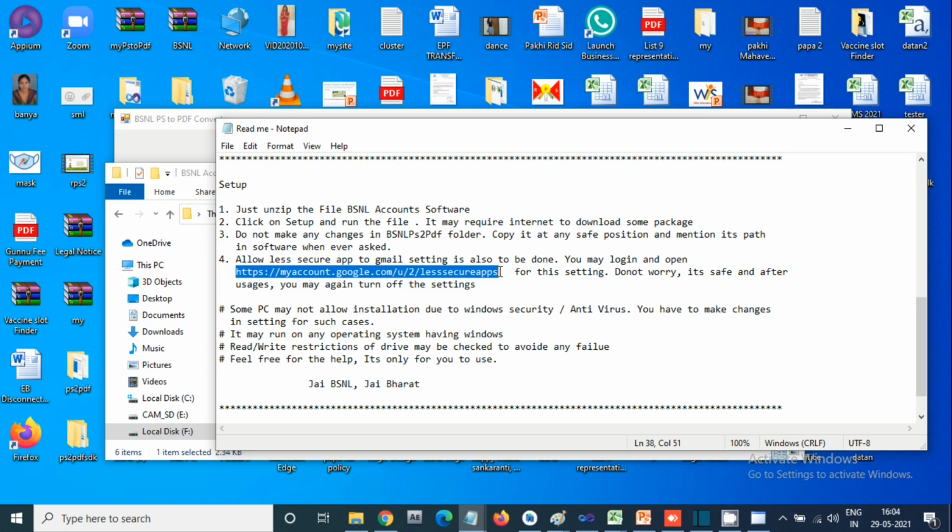Basically the software that I have developed is not a recognized software for Gmail, so obviously it will not allow it. So we have to ask Gmail to please allow this software, to send the email. So don't be confused by the allow less secure app, it's 100% safe.